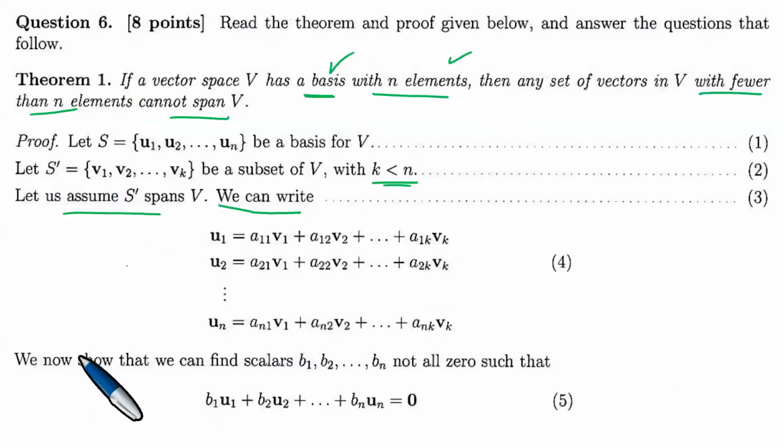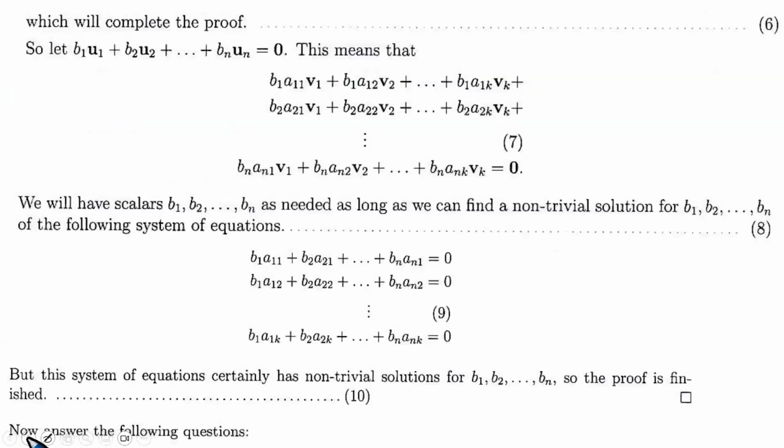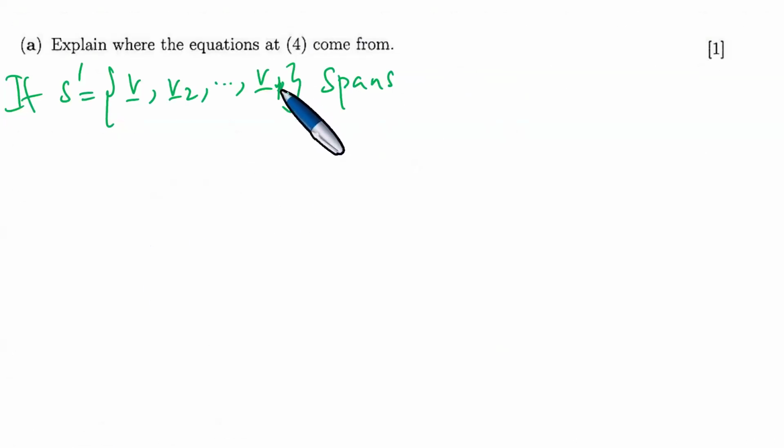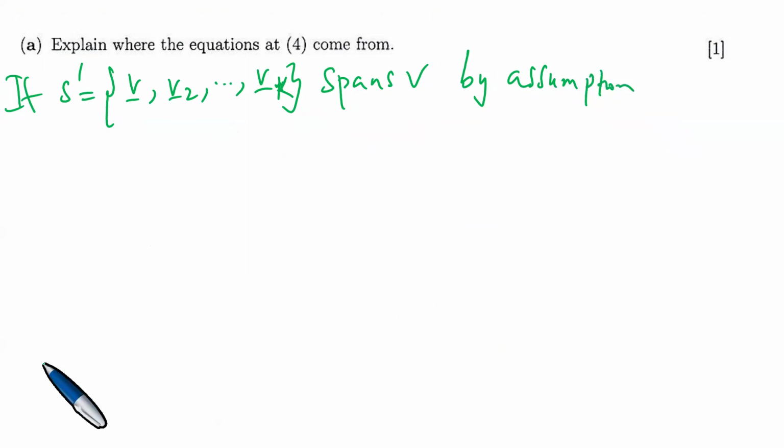Okay, we called it S prime, which goes up to Vk. So we take this one up to Vk. If this one spans V by our assumption, then from the fact that it spans V, it means that by assumption, every vector